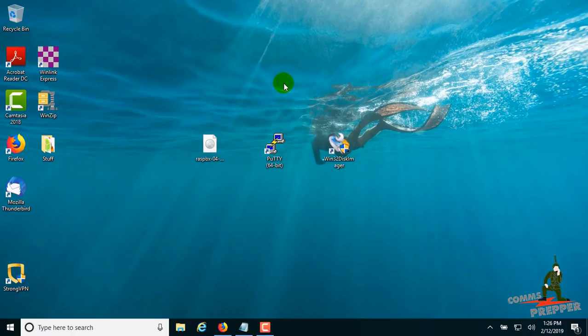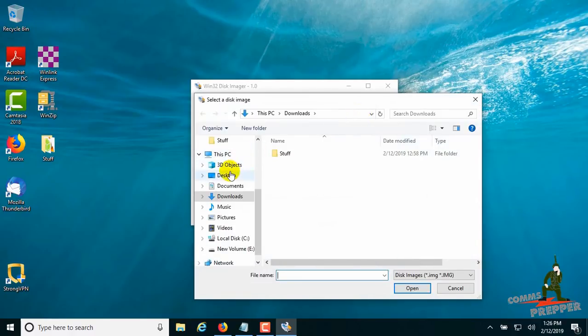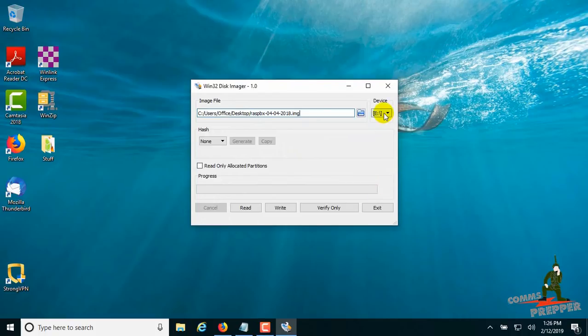Our next step is to load this image, the PBX software, the Asterisk software, onto the SD card on our laptop or desktop computer. And once this is done, then we're going to move that SD card over to the Raspberry Pi and continue with the configuration and installation. So I'm going to open up Win32 Disk Imager. I'm going to browse to my desktop and find that file. I'm going to select the device I'm going to load it on, which is drive E,